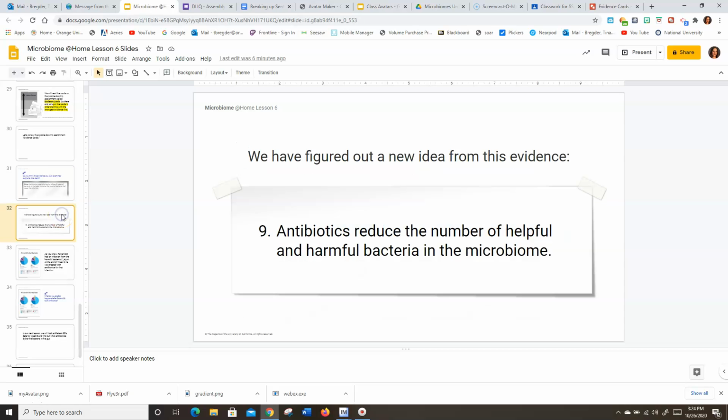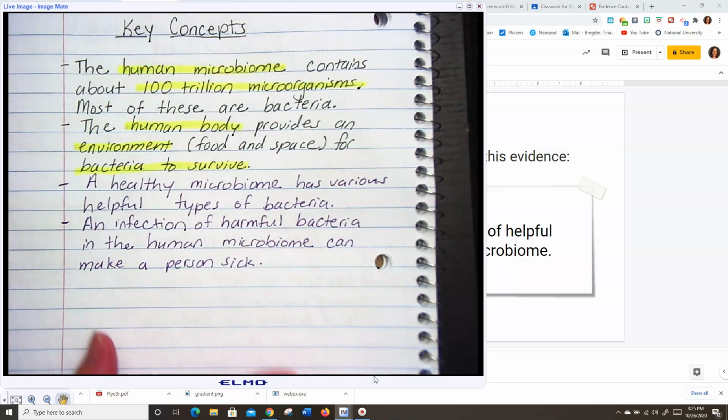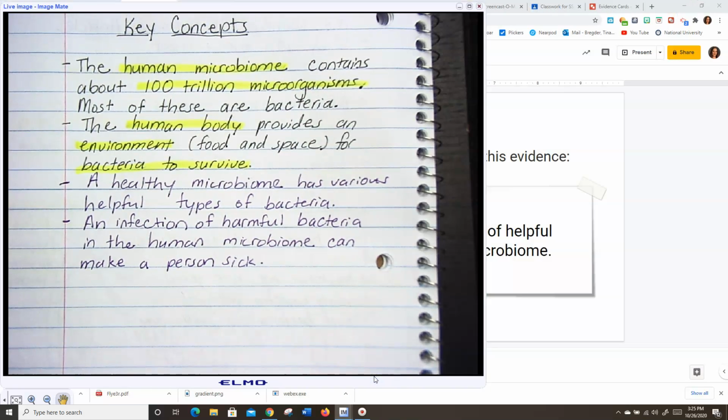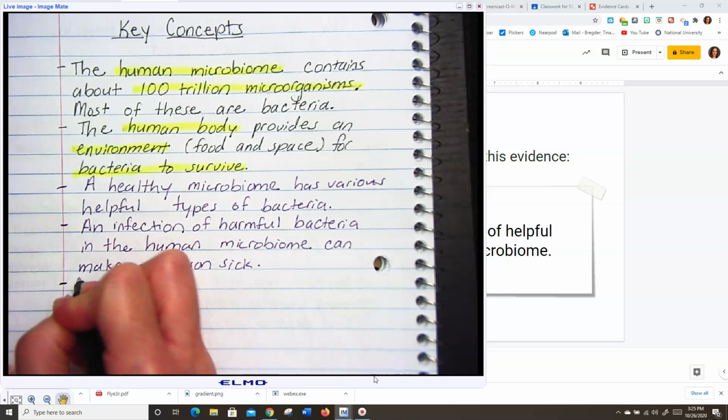Let's pop back to our assignment. And now we have our key, what do we call that? We're going to go back to our notes here. And we're going to the key concepts. Antibiotics reduce the number of helpful and harmful bacteria in the microbiome, and that's very important. So I'm going to go to my notes right here under key concepts, the ones we have already started. And I'm just going to make another line right here. And I'm going to say antibiotics